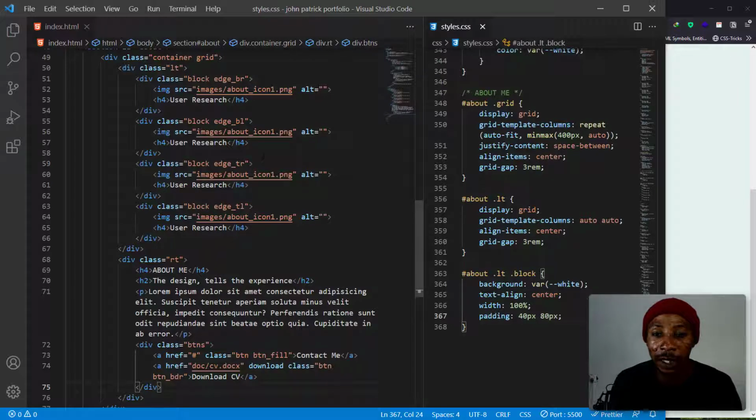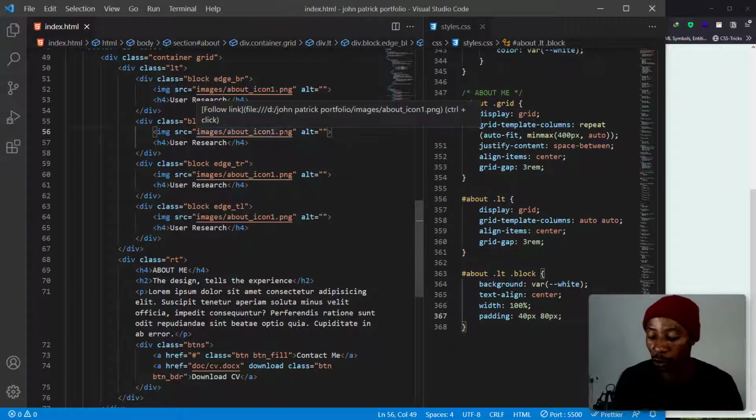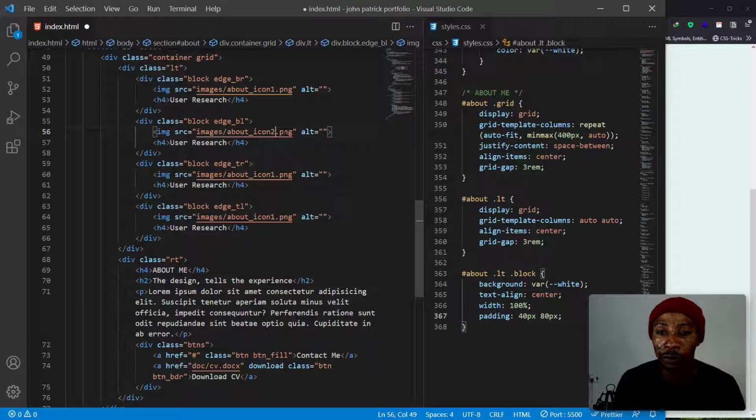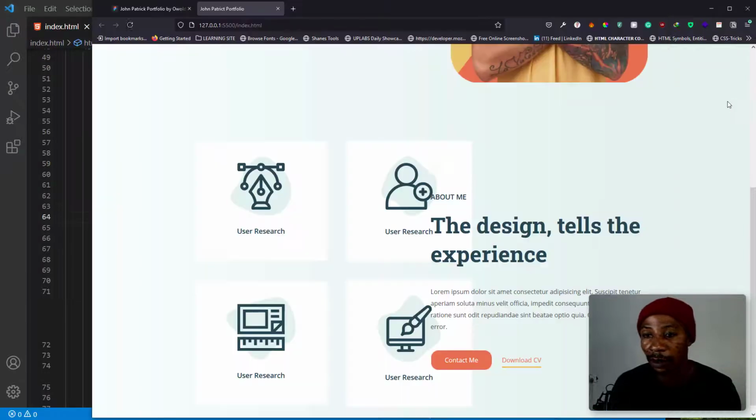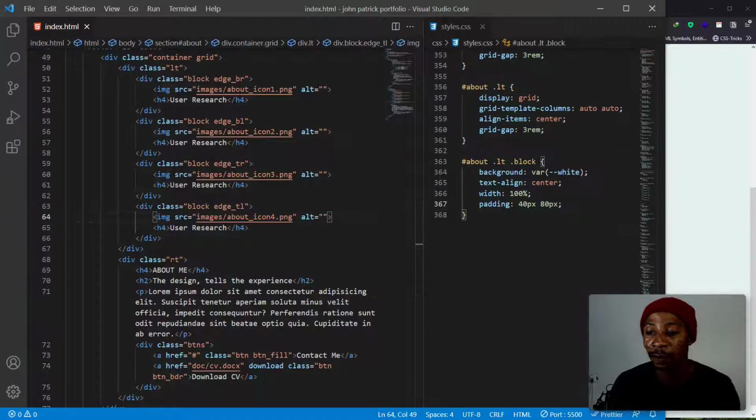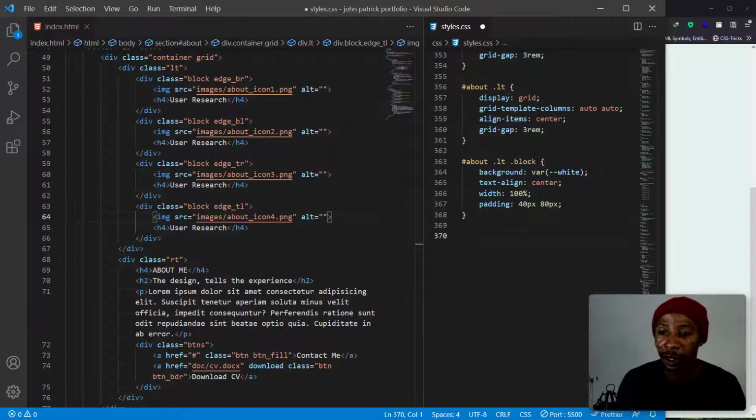Let's go back to the HTML, and this will be icon 2, and this will be icon 3, and this will be icon 4. So let's just save that. That should do. Okay, now we have different images. So guys, before anything, let's just style the images up. So we have the about,